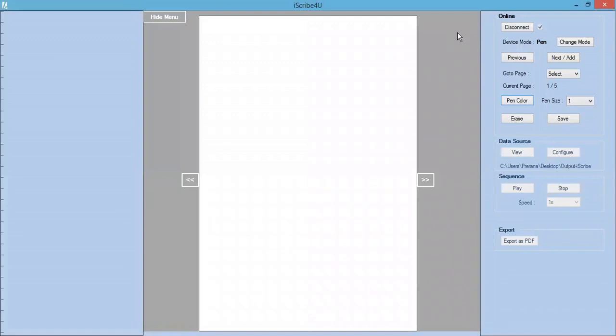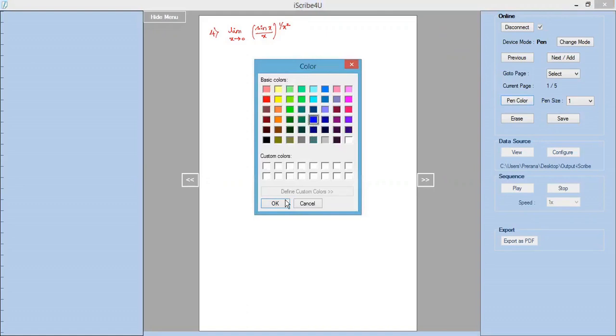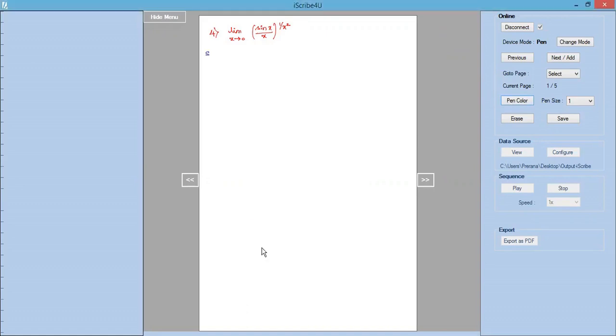I would like to take up one last problem in the indeterminate forms concept. And the question is, limit as x tends to 0, (sin x divided by x) the whole power 1 by x square. So very firstly, we will call the given indeterminate form as k, and then we will check what form it is. So let us assume k is equal to limit as x tends to 0, (sin x divided by x) the whole power 1 by x square.